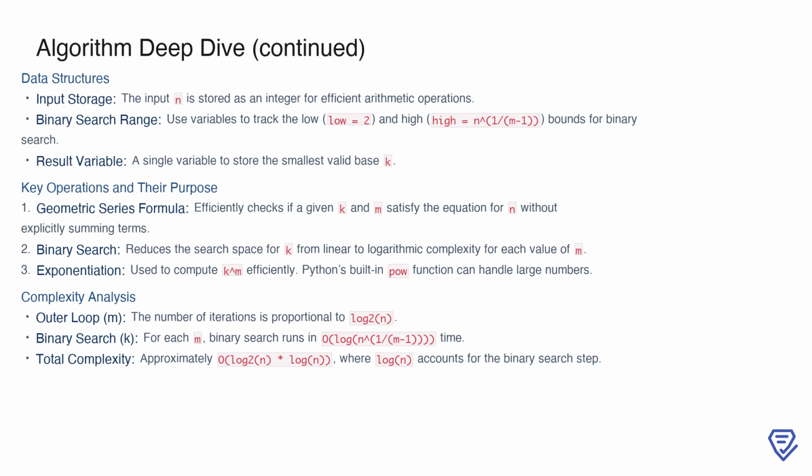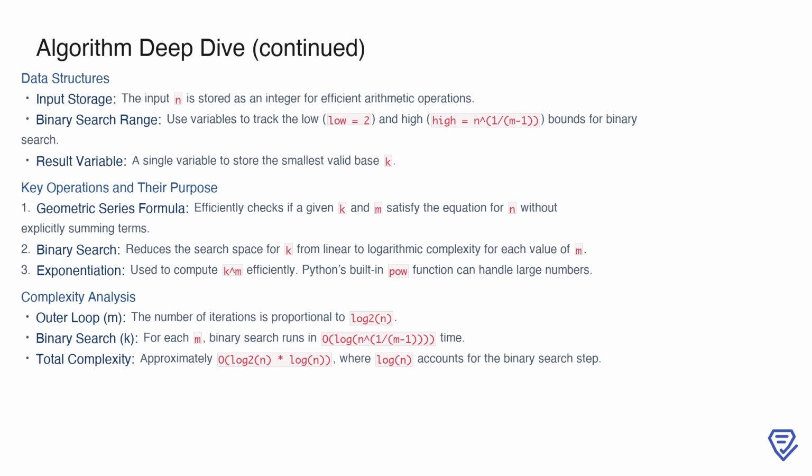Binary search is the critical technique that reduces the search space for k from linear to logarithmic complexity for each value of m. To handle the large powers involved, Python's built-in pow function is employed for efficient exponentiation. Analyzing the overall complexity, the outer loop over m runs approximately log2 n iterations. For each m, the binary search over k takes logarithmic time relative to n^(1/(m-1)). This results in a total complexity of roughly O(log2 n * log n), making the algorithm scalable even